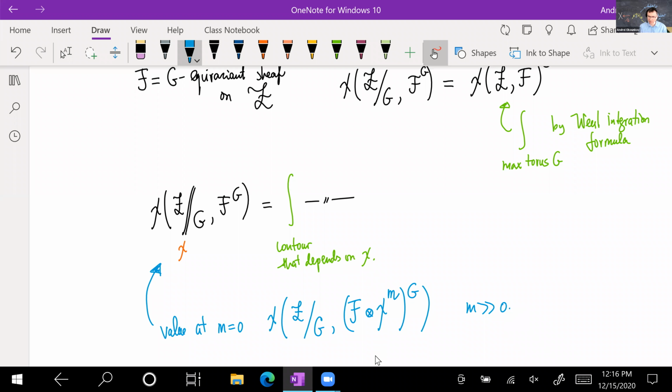So this would be analytic for m large. This will be analytic in m. And then you stick m equals 0 in that formula, and then if you do analytic continuation of integrals,